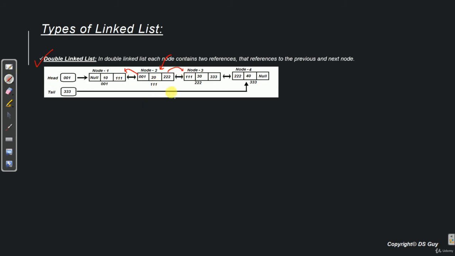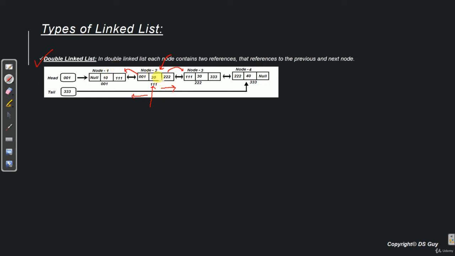Now you might be wondering why we want to do that. The answer is very simple. Let's say we are at node 2. The problem with a single linked list is that we can only traverse towards the right. We can never traverse towards the left, and the reason is that node 2 does not know the address of node 1 in a single linked list.